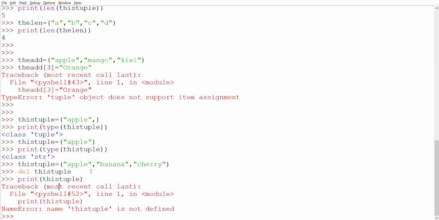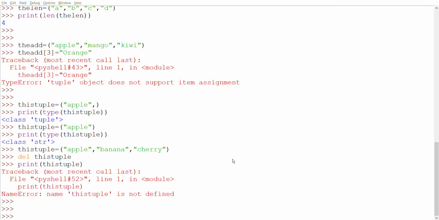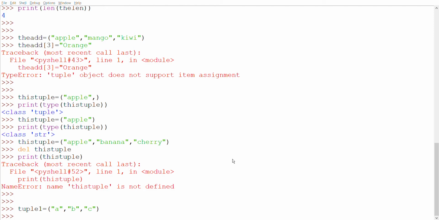Now we are going to show how to join two tuples. To join two or more tuples, you can use the plus operator. Just like tuple 1 is A, B, C, and tuple 2 is 1, 2, 3, 4, 5.